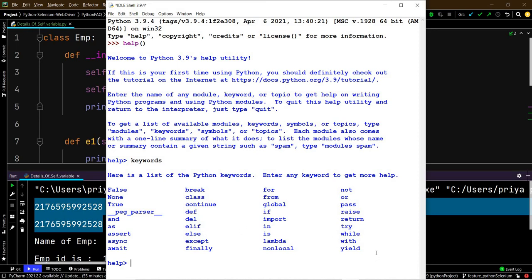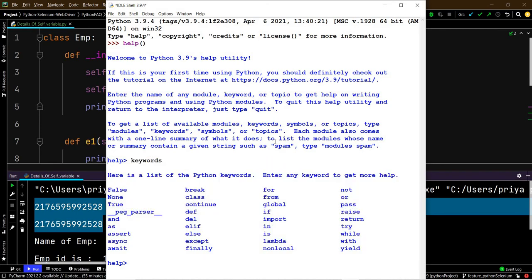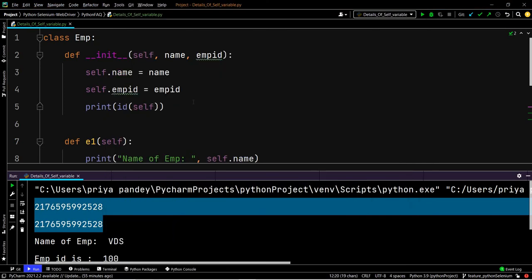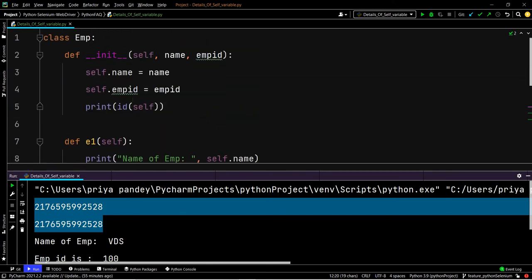So there is no self keyword here. Self is a variable which points to the current object of the class.